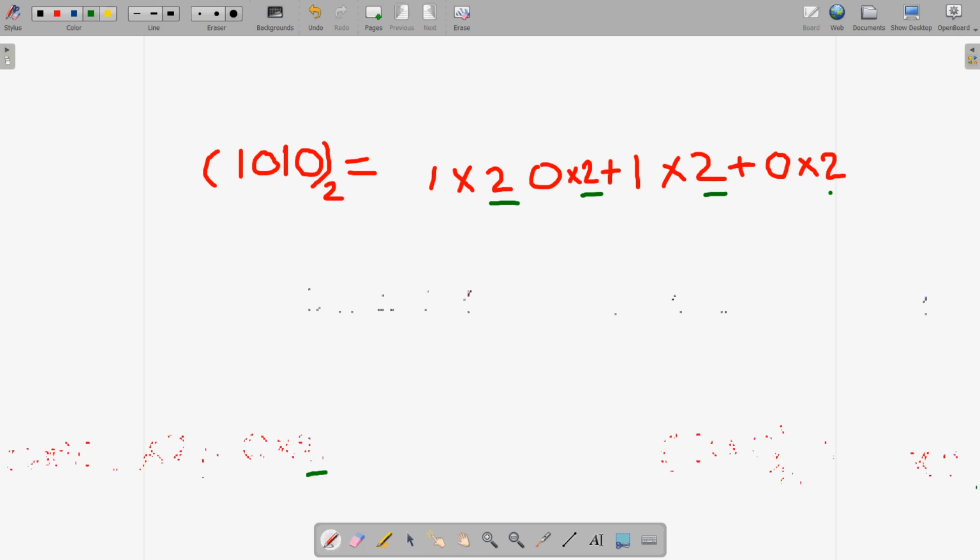Now we were going to write the power of this. The power of what? The power of this 2. So what we are doing, we are starting from the right one and with the number 0. So 2 raised to the power 0, then 2 raised to the power 1, 2 raised to the power 2 and 2 raised to the power 3. Clear? So this way we are writing the bases with their powers. Why we have chosen 2 here? Because this is the binary number system. Clear?